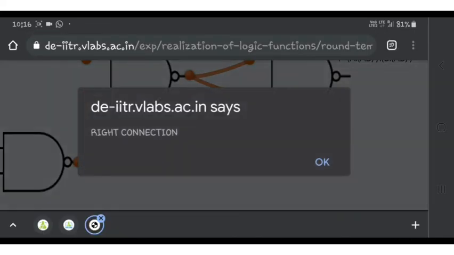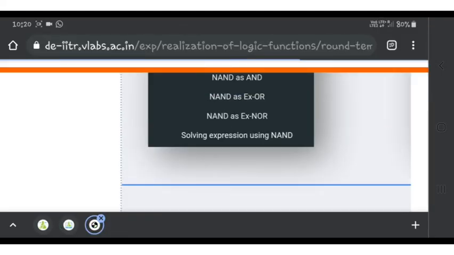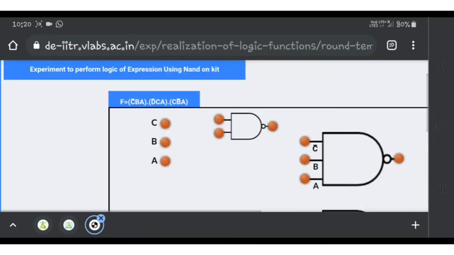In this way, we have connected XOR gate and XNOR gate using NAND gate. Now we are solving an expression using NAND gate.